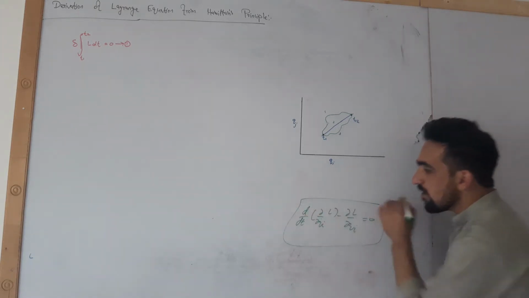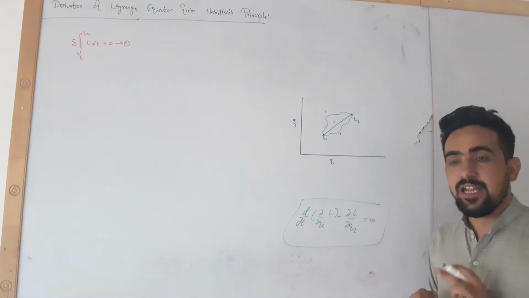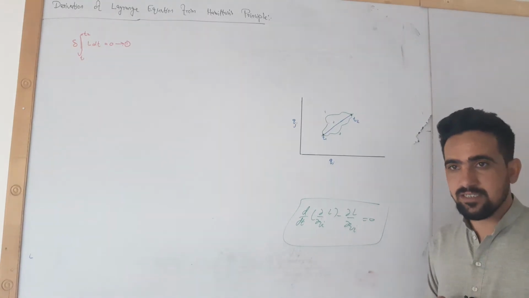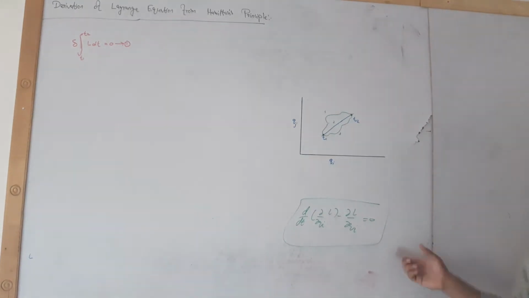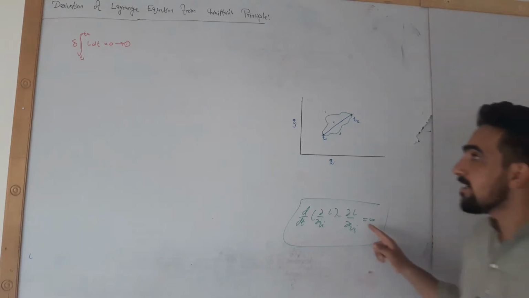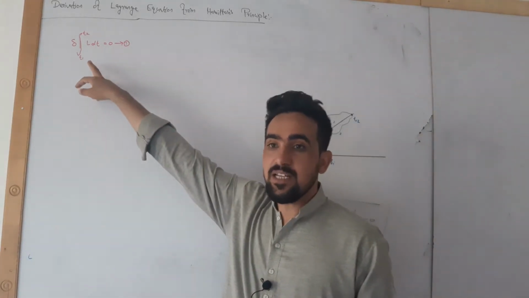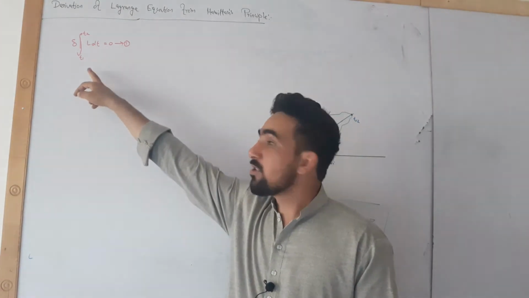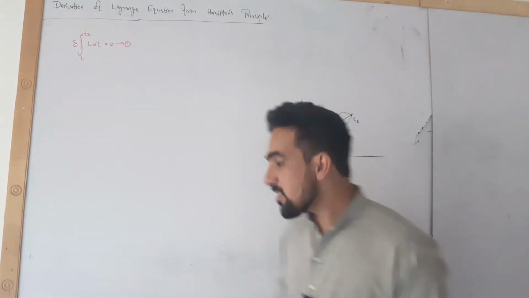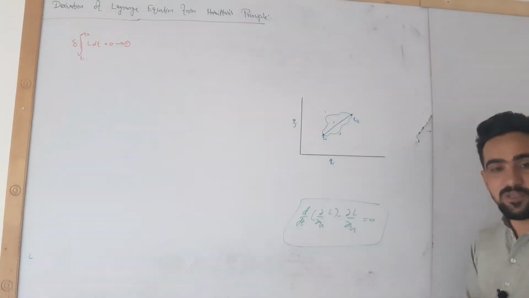0. This equation was derived by Sir Lagrange by using D'Alembert's principle and the principle of virtual work, to be more precise. That was a differential principle which he used to determine the Lagrange equation. Similarly, Sir Euler used an integral principle, that is Hamilton's principle, to derive the Lagrange equation. That is why this equation is called the Euler-Lagrange equation.